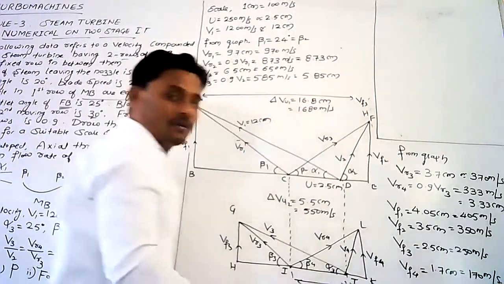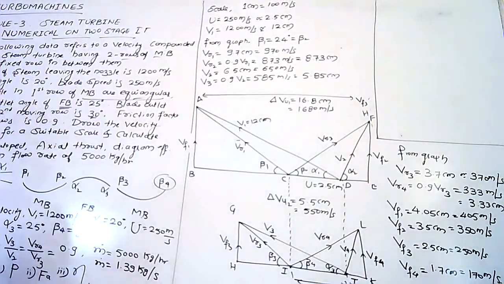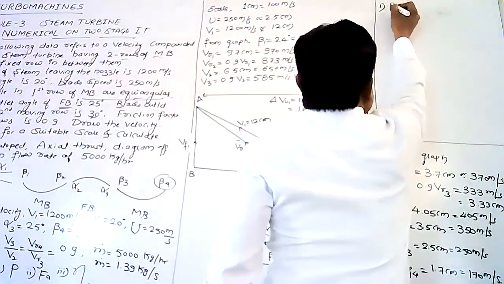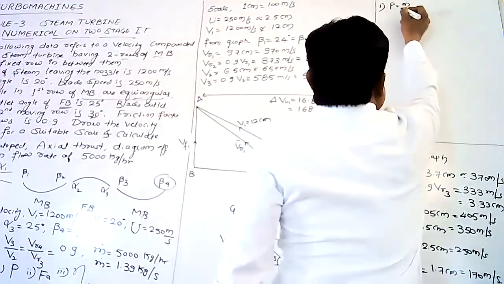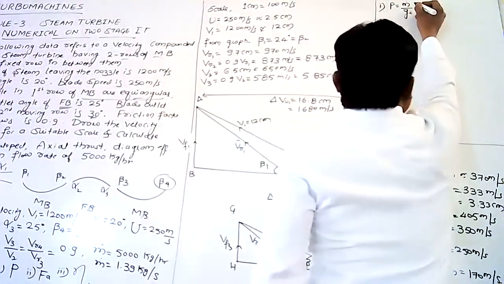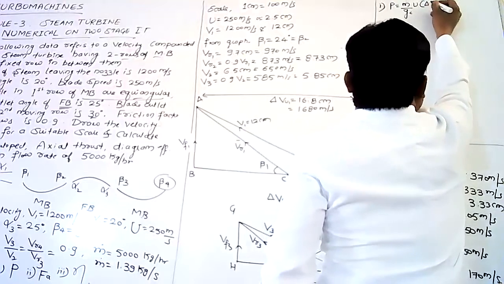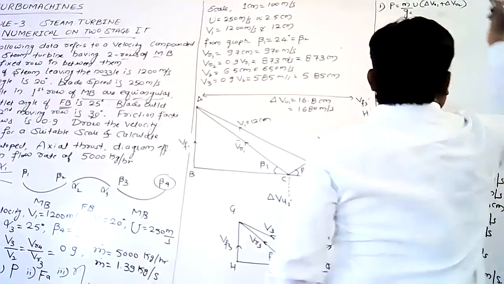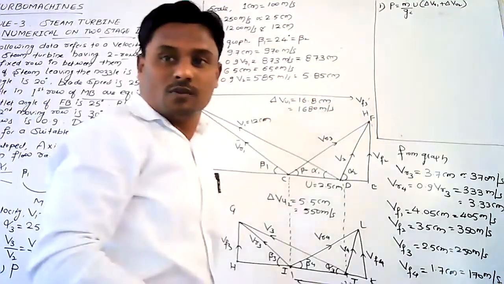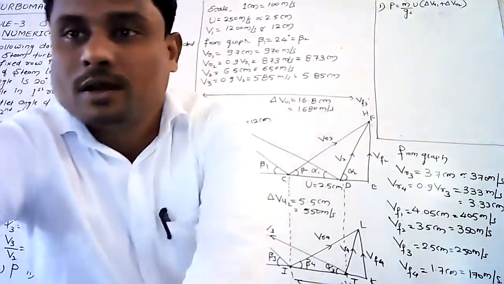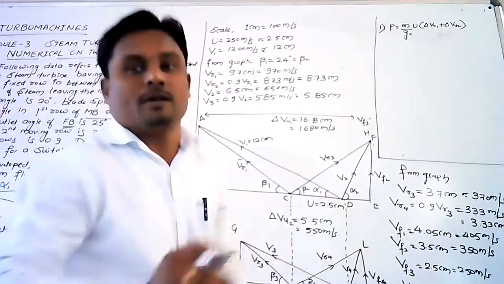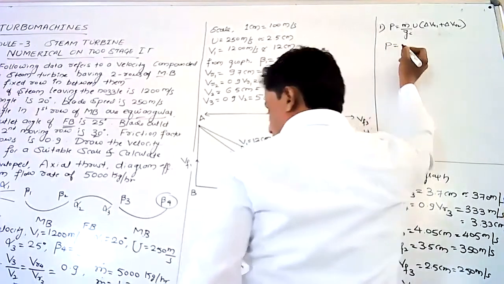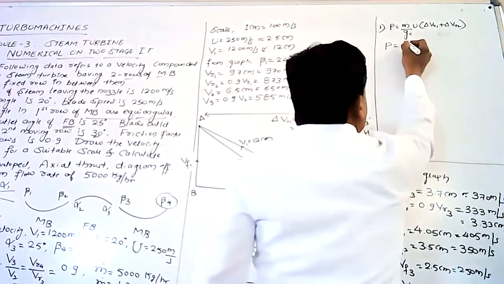In the first bit, we need to get the value of power P. The expression for P is m dot by Gc into U into delta Vu1 plus delta Vu2. So this is the formula to calculate the power P. Substitute all the values. P equals m dot in kg per second, 1.39,